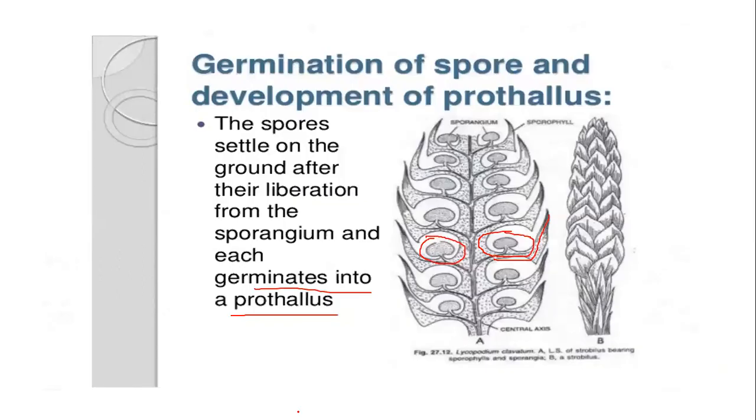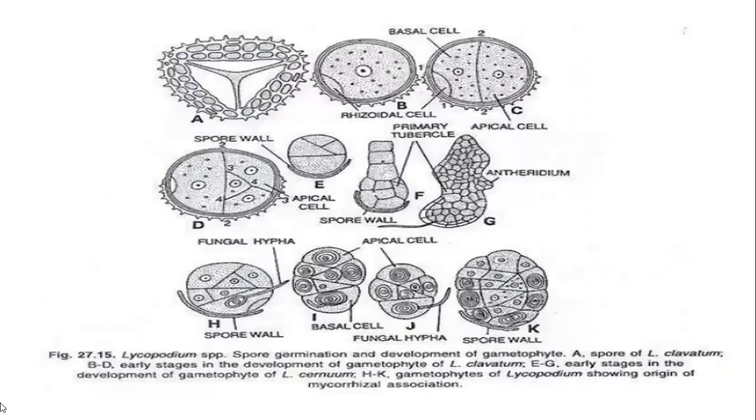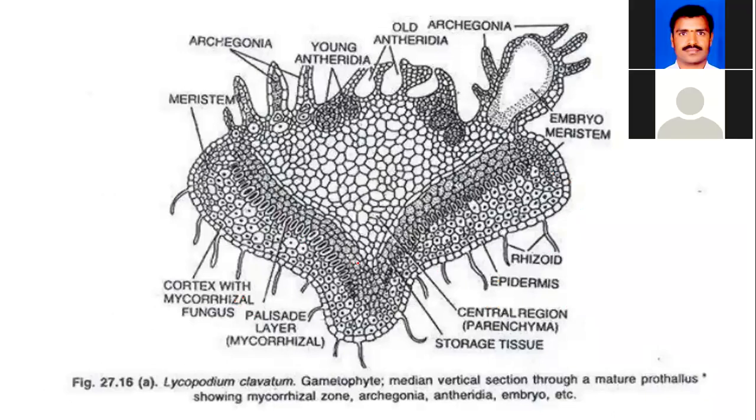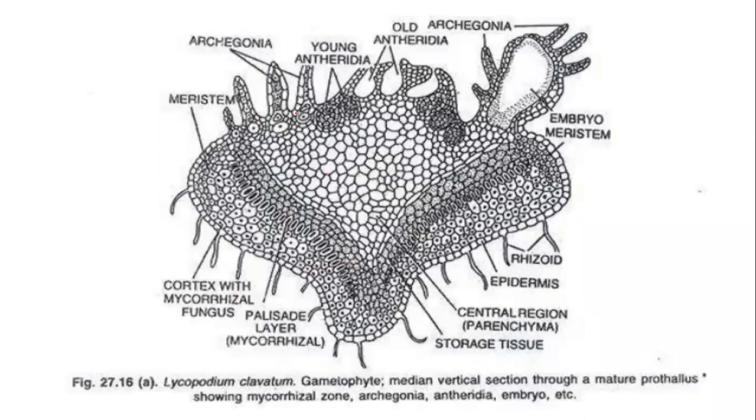which are going to develop into this structure that we call the prothallus, a huge mass of tissue which is going to be developed. Now you can see here, this is the apical cell initials, or the complete tissue develops into these many cells, followed by the meristematic basal cell, and the rhizoidal cell develops into the rhizoids.